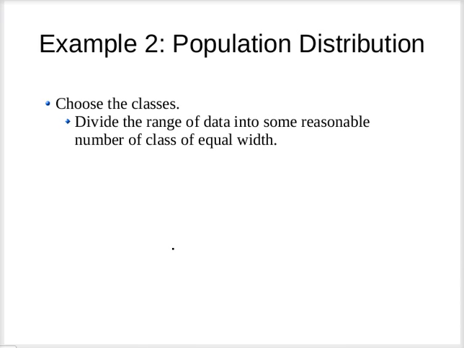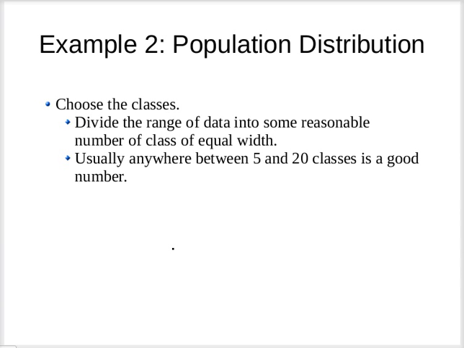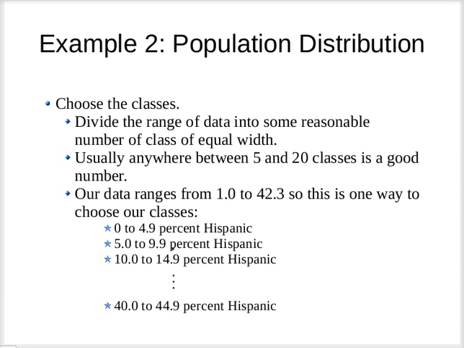So what's a reasonable number of classes? Well, usually anywhere between 5 and 20 classes is a good number for displaying your data. And as I said, our data ranges from 1 to 42.3, so I'm going to divide it up into 5% intervals for the classes. My first class is going to be 0 to 4.9% Hispanic, and that contains my lowest